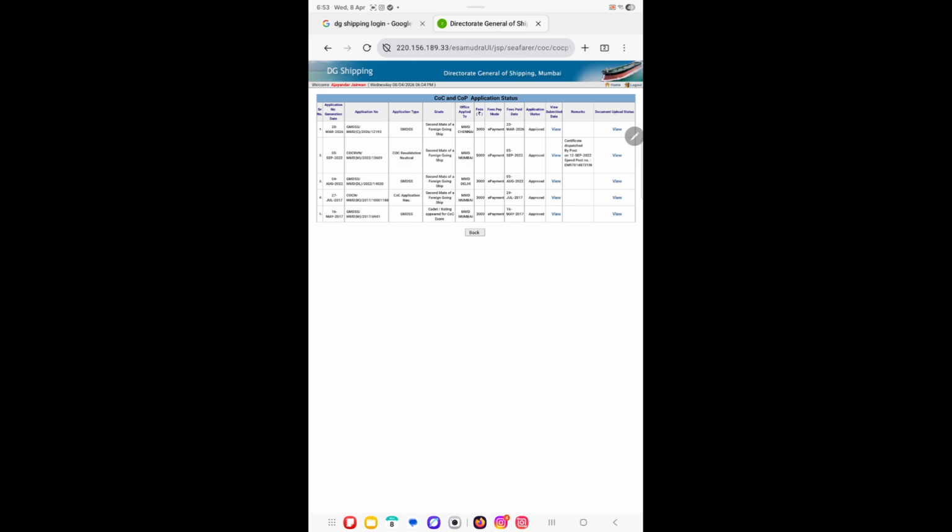is showing approved. That means all your documents have been approved by MMD. I have selected MMD Chennai because I have given the exam from MMD Chennai only. So once it is approved, that means that the next status will be your dispatch. So you will be receiving it on the address you have typed before. So this is all. I'll show you how the status looks when your GOC has been delivered.